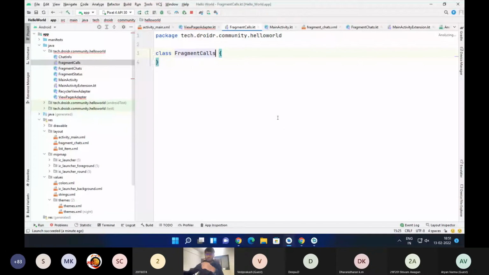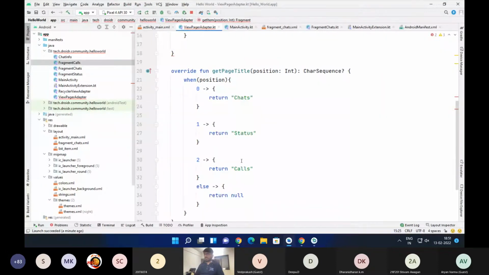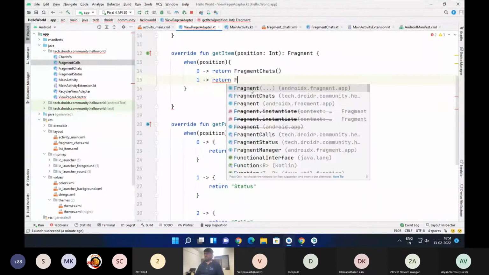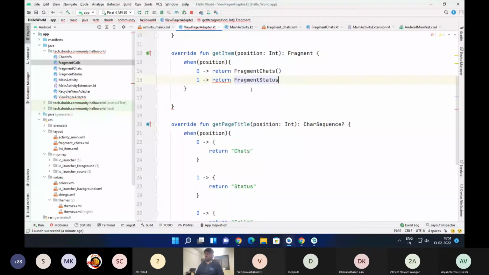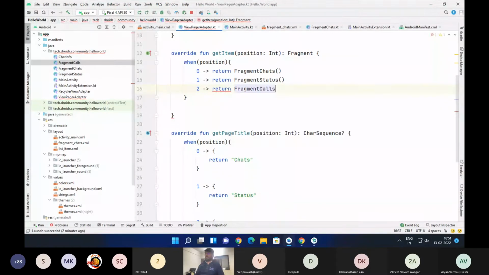So fragments can be empty. You don't have to pass any parameters to them. So the second one is status. So let's return fragment status, and the third one is fragment calls, and else